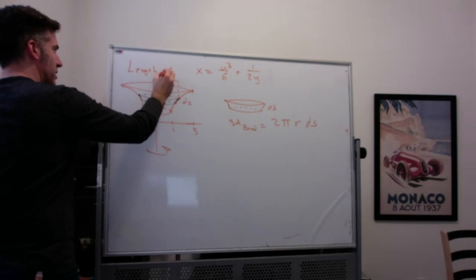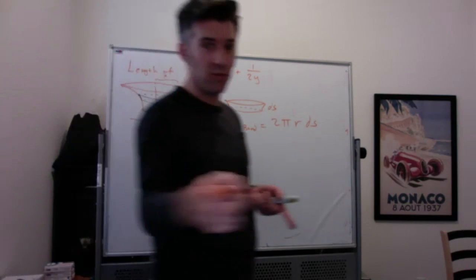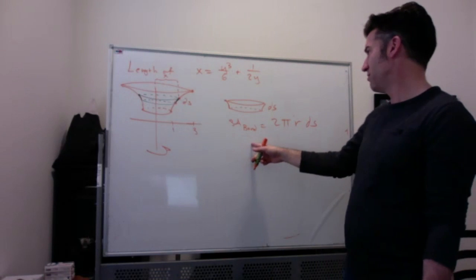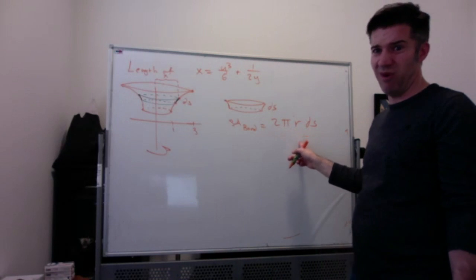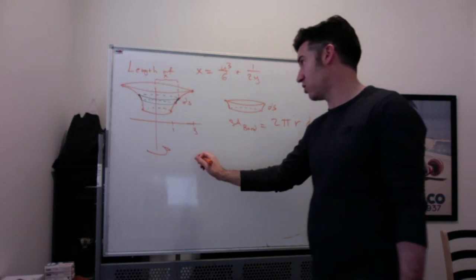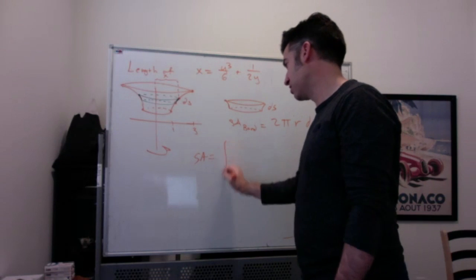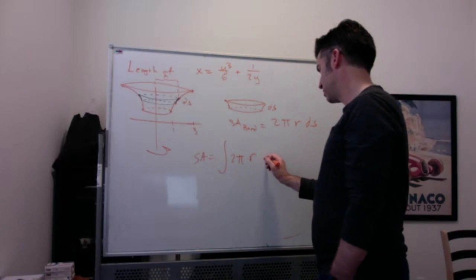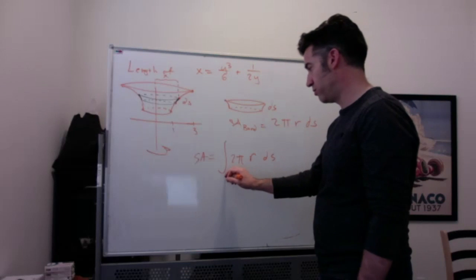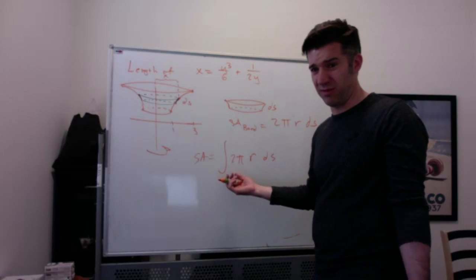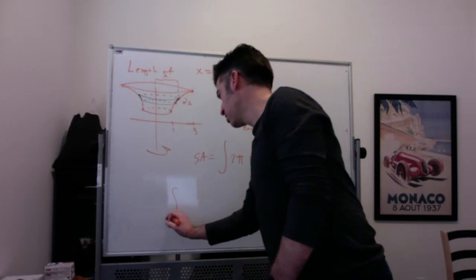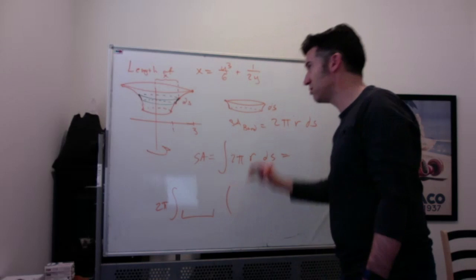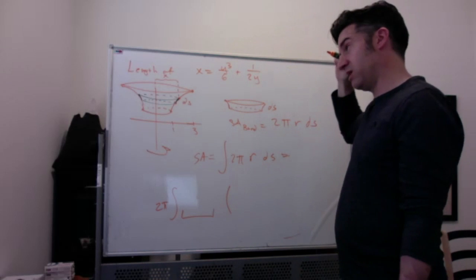Yes, thank you, it's x. Okay, but here's the problem with x in this particular situation. If I'm going to try and find the integral, I've still got ds in terms of y, right? If I was going to find the total surface area, I'm going to do the integral of 2 pi r ds from, I still think I'm going to go from 1 to 3. So I'm going to do the integral 2 pi. I'm going to figure out r in a second. My ds is still, I know I erased it. My ds is still